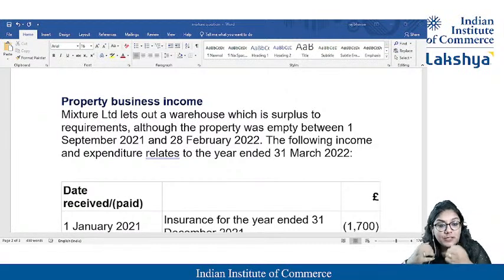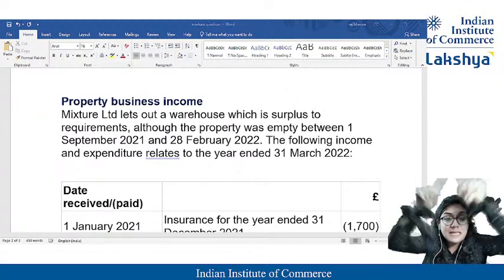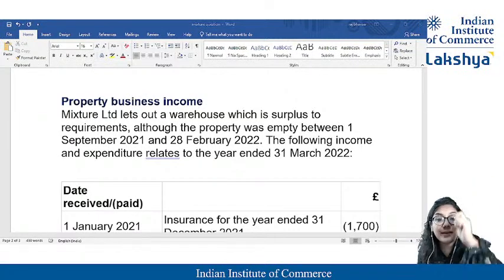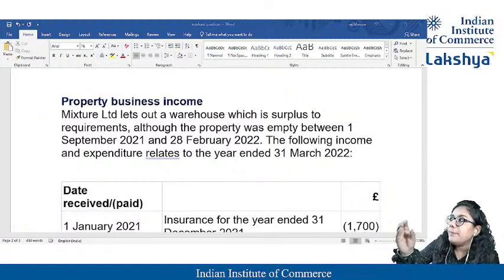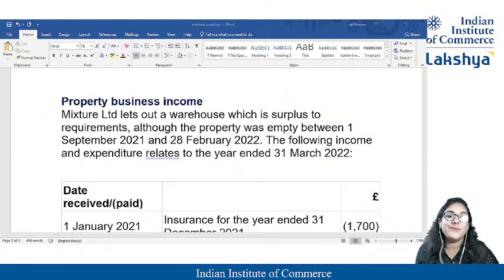But when I talk about corporation tax, there are not three pro formas, it's just a single pro forma. So what is the single pro forma, students? We need to know what the business has earned, whether it has earned on its own business, on property business, or on interest. We need not go for the three sectors of non-savings, savings and dividend. No, it's not that for corporation tax. So what is property business?